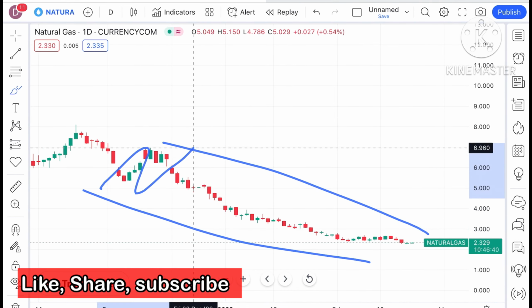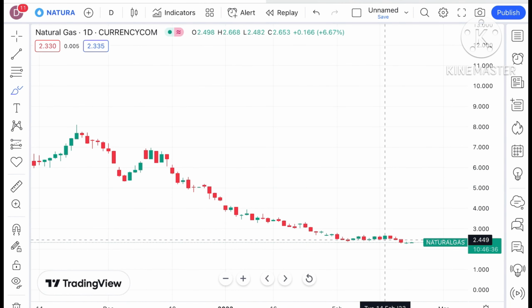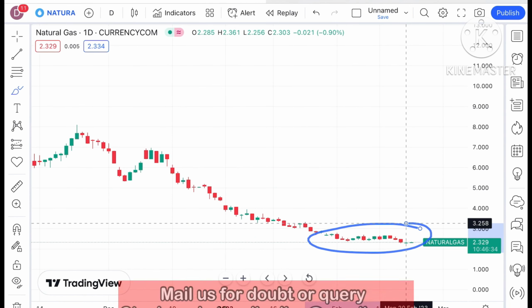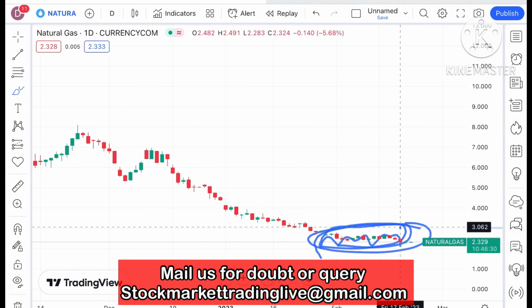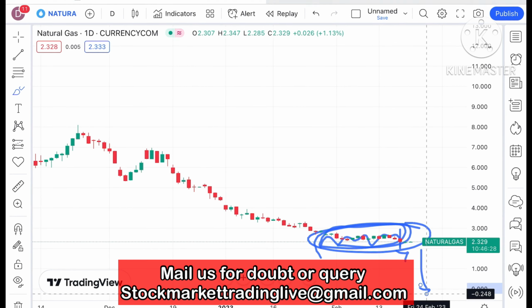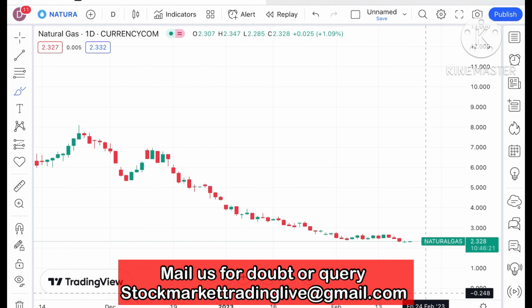See, if you look at the chart of natural gas, what we have seen is a continuous downfall. After this downfall, the price of natural gas is moving in this particular zone. So chances are very high that if the price moves below this particular level, it can go further down. But otherwise, if you look at this particular trend, it is trying to make green candles,